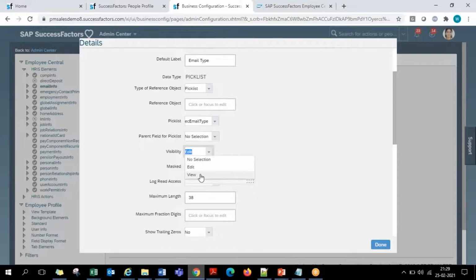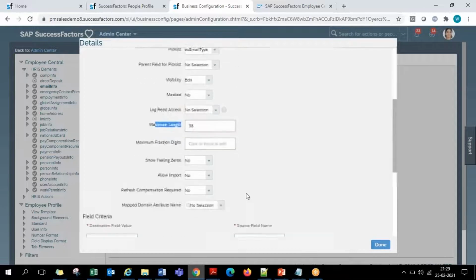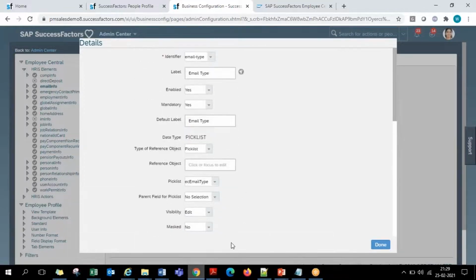You said it should be enabled, so it appears on the front end, but should it be view mode only or editable mode? You have one more, masking, PI equal to true or false, yes or no. The length of the field, if you want to make any changes, though in 99% of cases we never get any requirement for that. So like this, multiple attributes are present here.